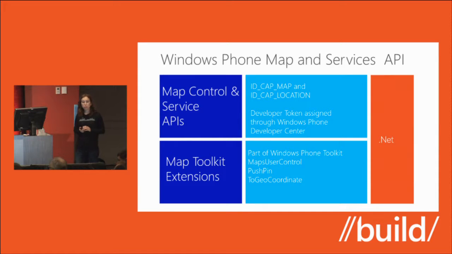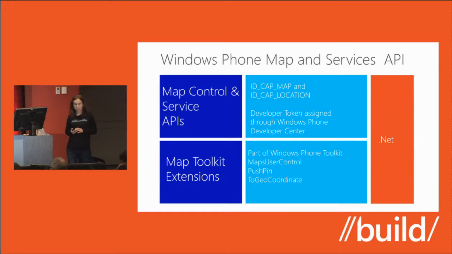To use the map control and the service APIs, you need 2 security capabilities, map and location. And when you run the control on a developer unlock phone, you don't need to be registered. But when you run the same application on a consumer phone, you need to collect your developer token from the dev center, add that inside the application, and basically that will enable the control to execute